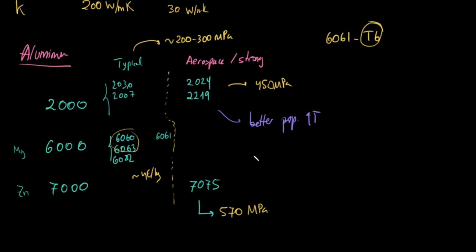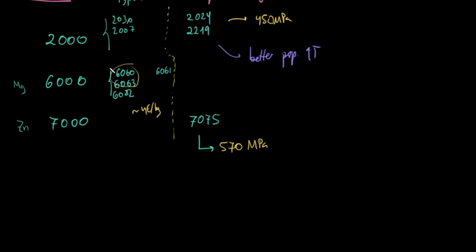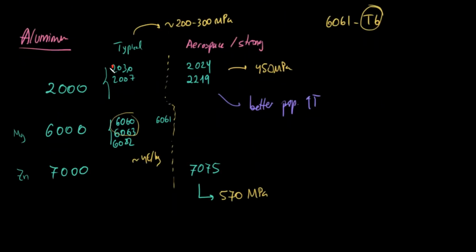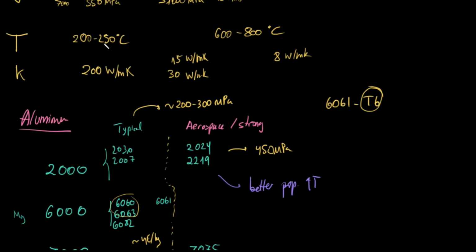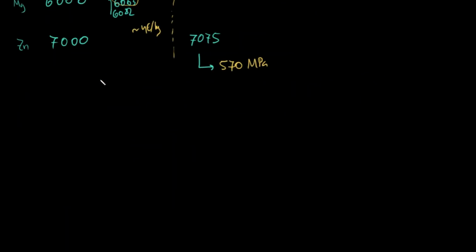I told you that for aluminum, the maximum working temperature is maybe 250 or so, because although aluminum melts around 600 degrees, if you check the ultimate strength